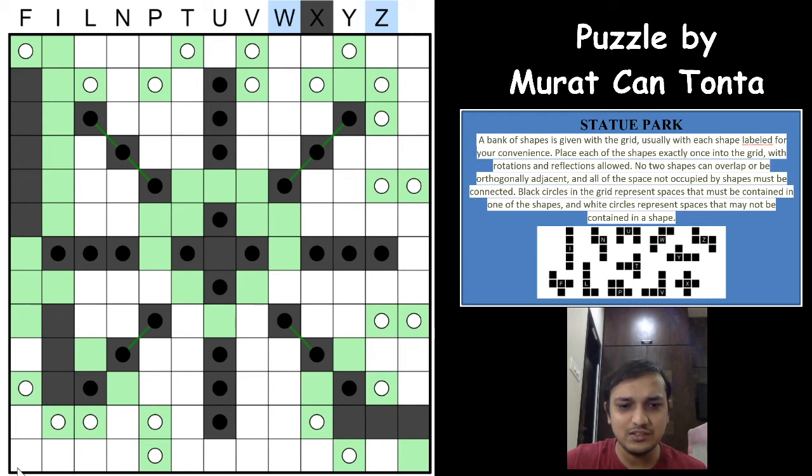If you see these white cells, no pentomino can come here because we have already formed the 12 pentominos in the different areas, and no pentomino can reach this area. Same way, no pentomino can reach these two cells, and same way these cells, no pentomino can reach these cells and these cells, I would say, right? No pentominos can reach these cells. I would say even these two cells, a pentomino can reach here or here, right? And let us see if we can solve anything else. We can get anything else here.